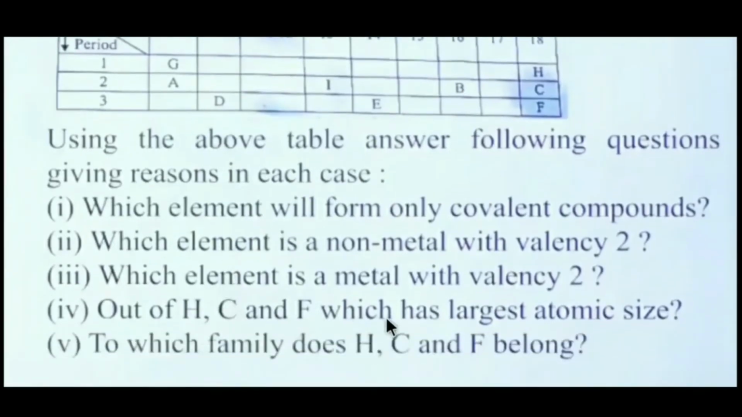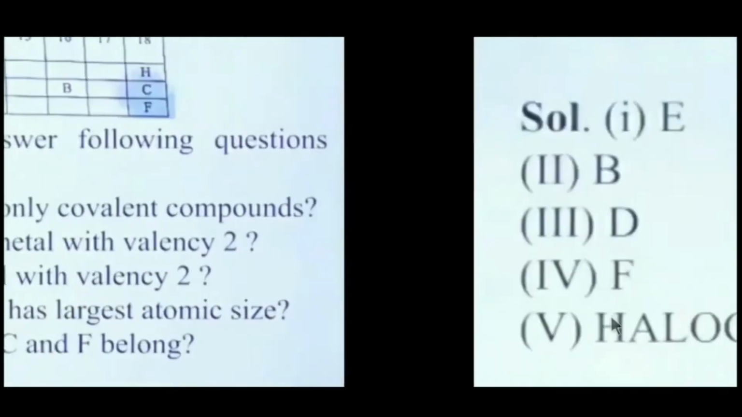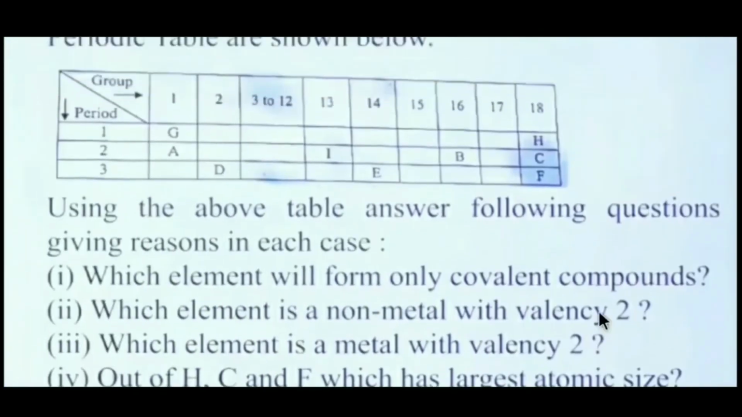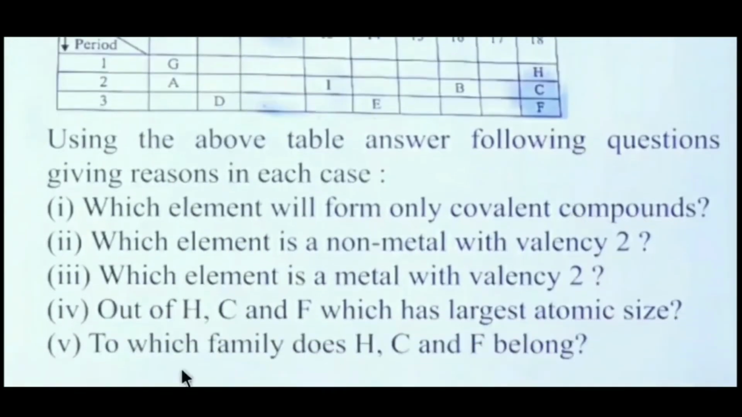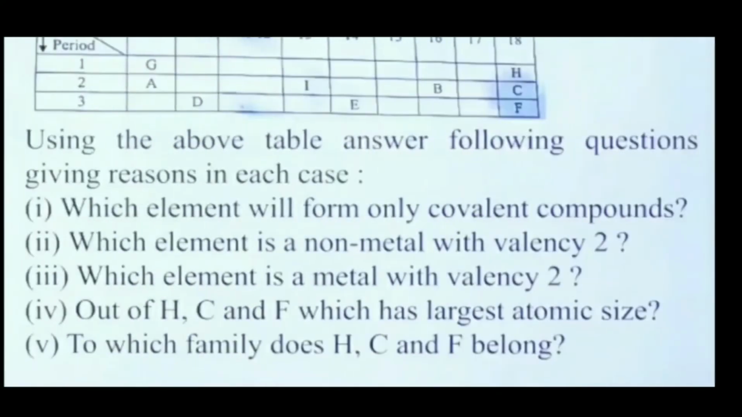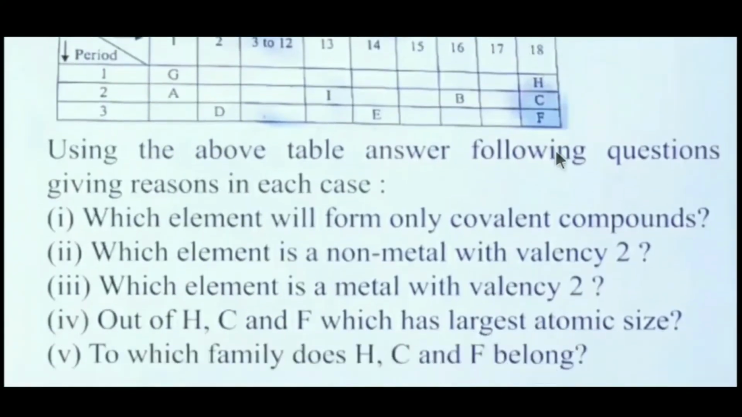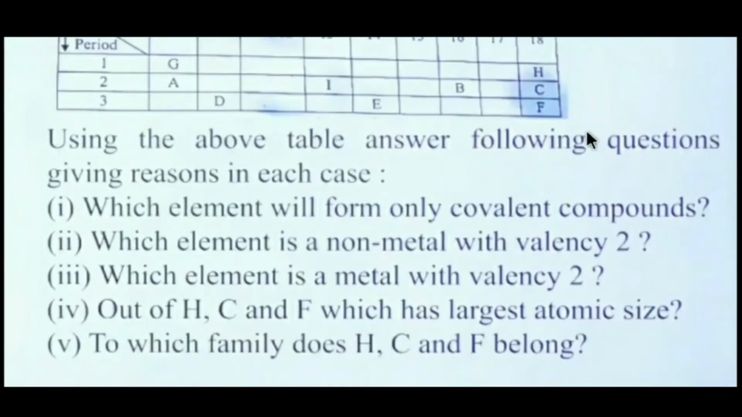Out of H, C and F, which has the largest atomic size? Answer is F. To which family do H, C and F belong? It is the halogen group. ये हैलोजन वाली फैमिली है।